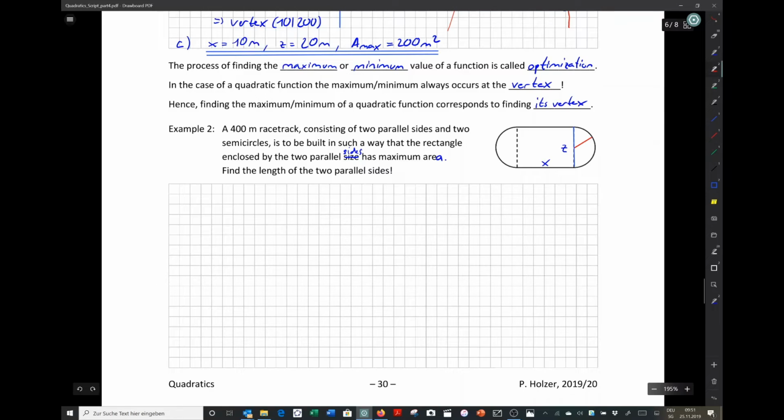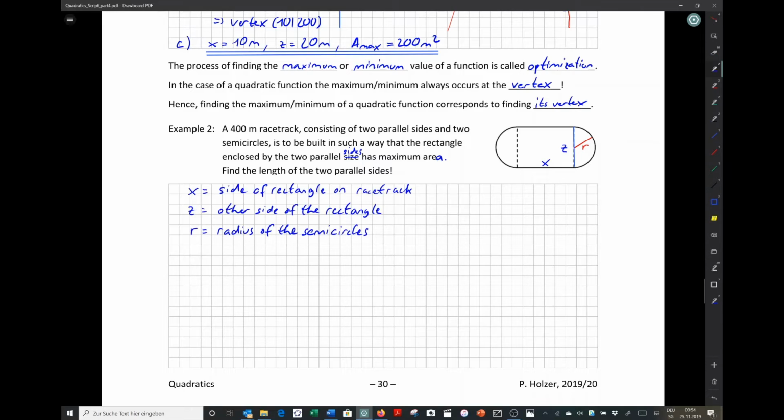In order to describe our total racetrack, we'll need additionally the radius of the semicircles, which is drawn here in red, and we actually see immediately it's half of the side z. The area of the rectangle is just x times z. We now have to reduce it to be just dependent on x, so we have to express z in terms of x. So what relation is there between x and z? Well, we have one information we haven't used yet, that's the length of the racetrack. The length of the racetrack is 400 meters, and it consists of 2 times the x here,